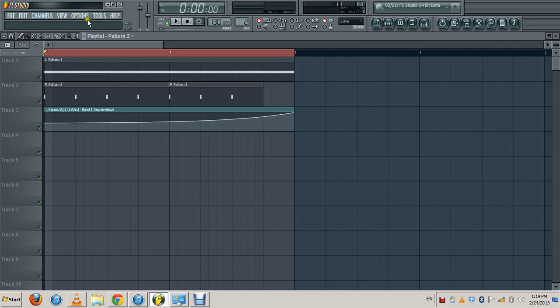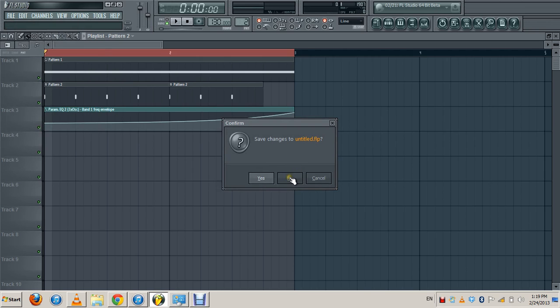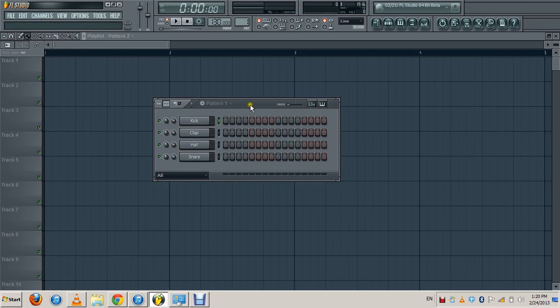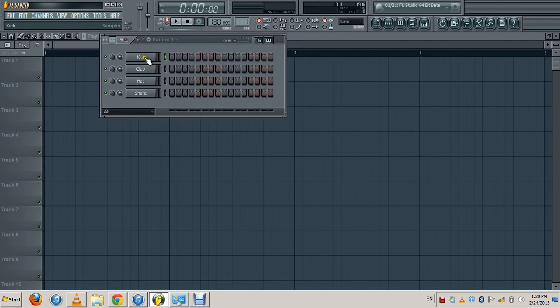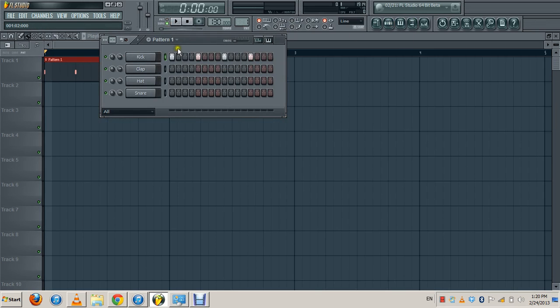Okay, I'm gonna go ahead and show you a second way of doing this. Let me go ahead and create a new project again. Select create a new project like we did earlier on. The kick, 4 steps. Paste it in the song mode right here. Change to song mode, and on the second